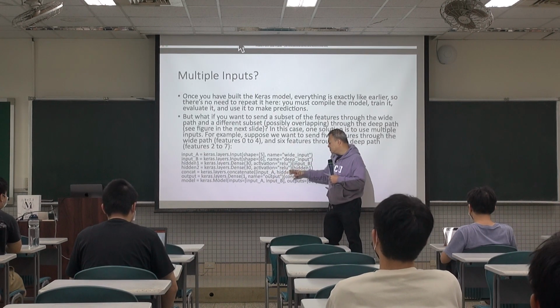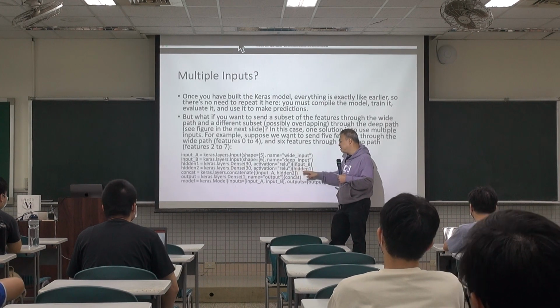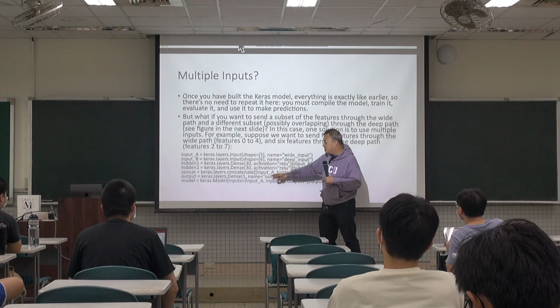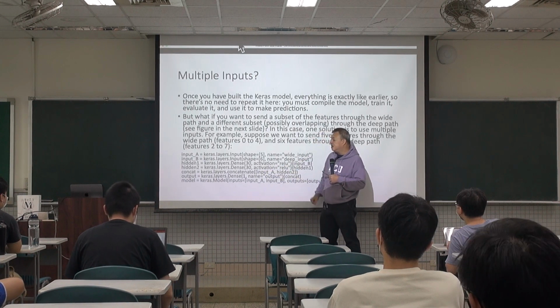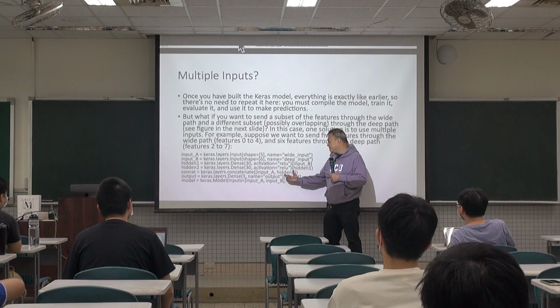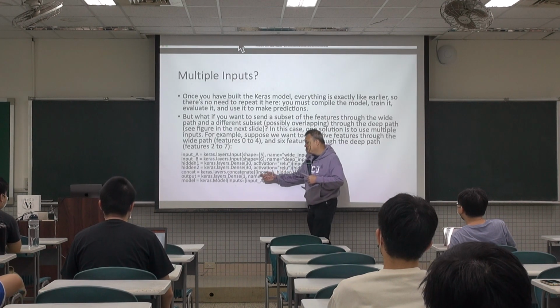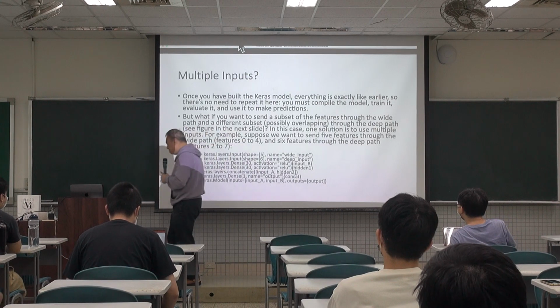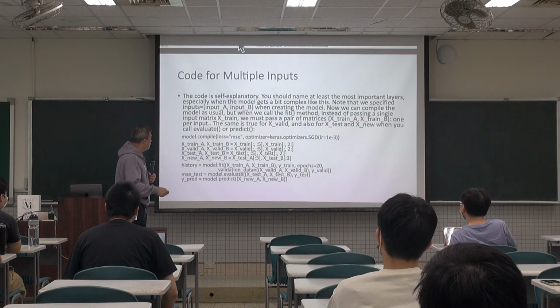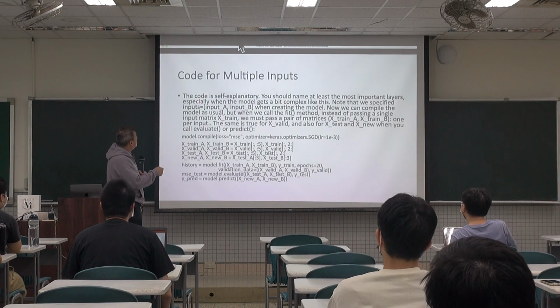The second hidden layer uses the previous hidden layer as its input. Then again we concatenate the input A and the result hidden 2 by using the concatenation layer, and the other parts are the same. Of course, you also need to make sure that your data is processed so that it has